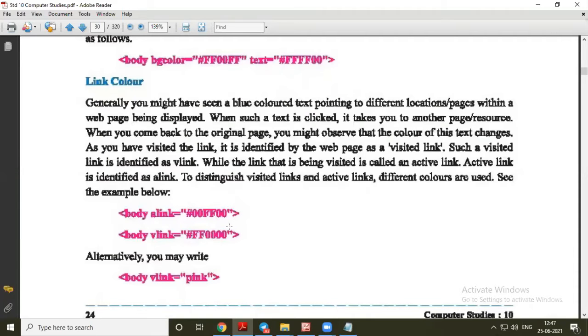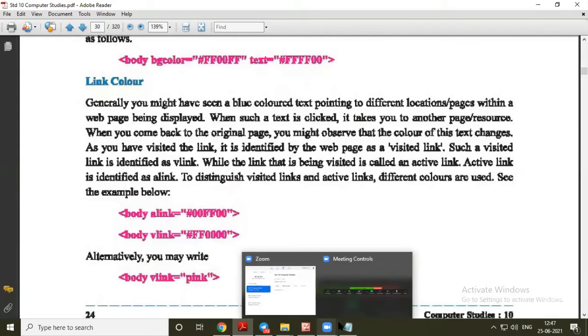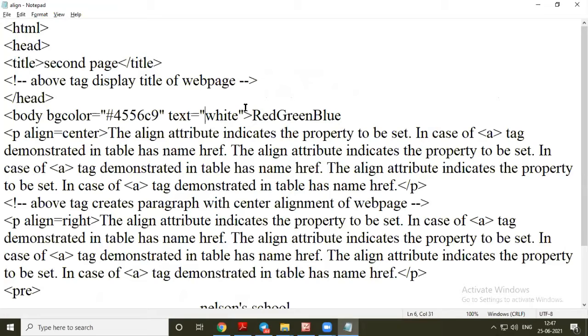So here, whatever value we give, that will become the color. Where are we going to use this attribute? In body itself. So A link, that is active link, is equal to hash, for example, FF, that is red.